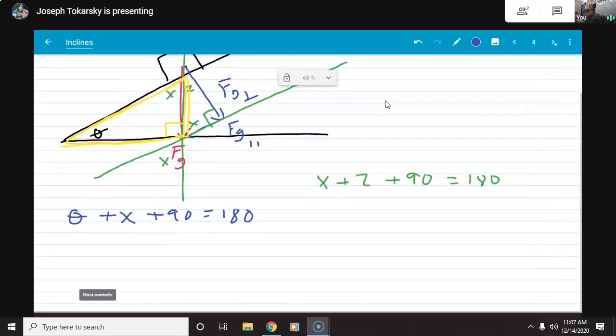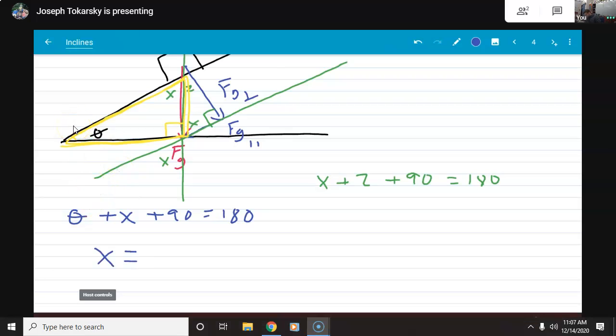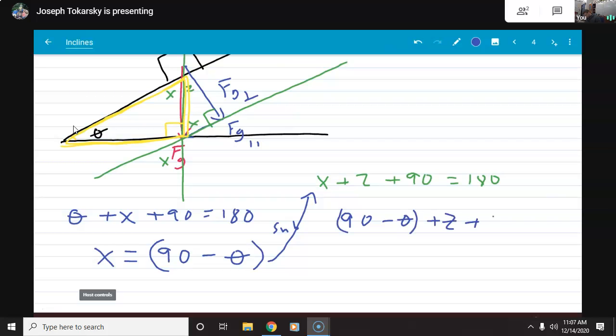Alright, what I really have is a system of equations here, and I'm going to solve this equation on the left for X. I'm going to get it by itself. If I subtract over 90 and subtract over theta, I'll have it solved for X. So if I do that, subtracting over 90 will give me 90 on the other side, 180 minus 90, and then I'll also subtract over theta. Now if this equals X, I could do an algebra substitution right there. So I'm going to plug in 90 minus theta for X